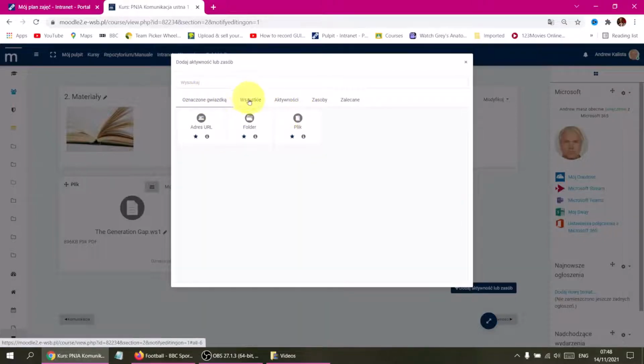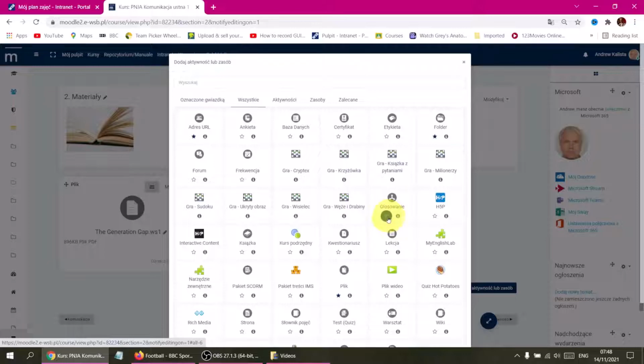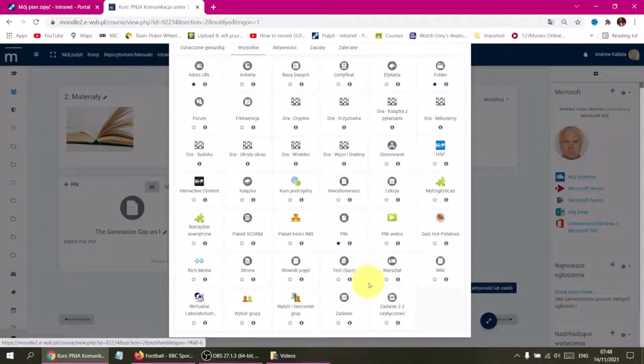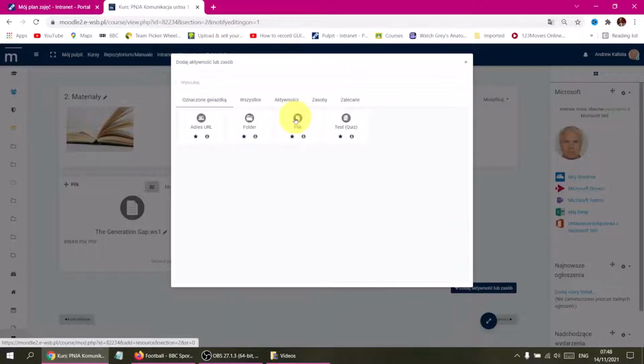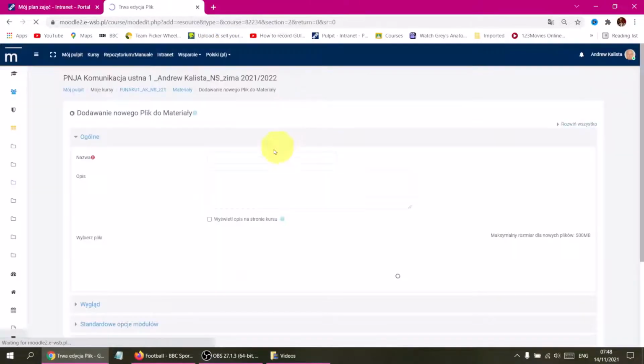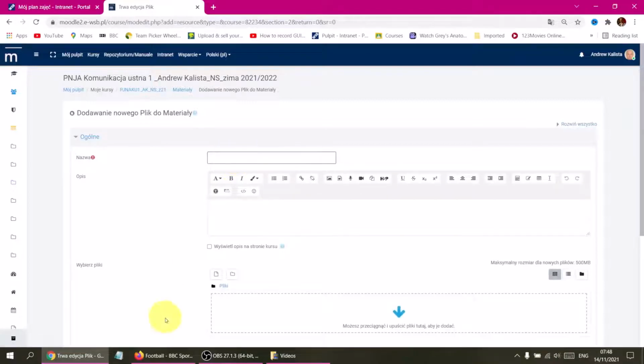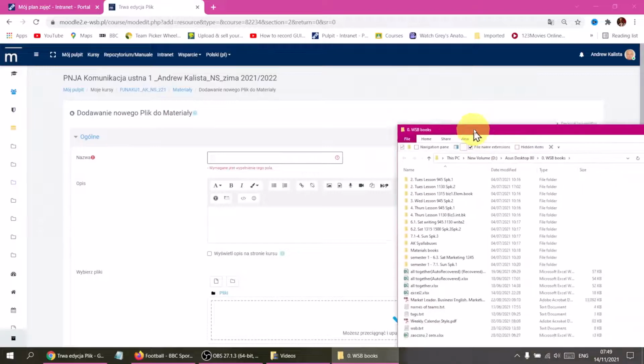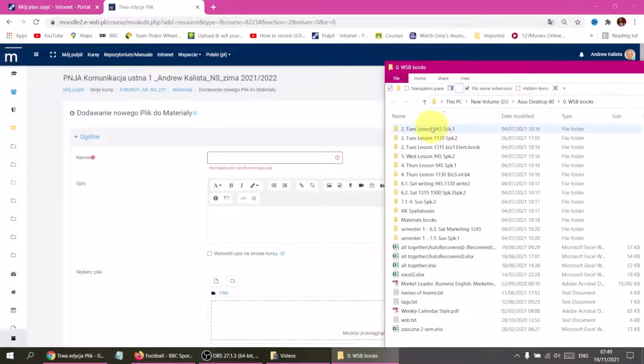If you want to add them to your favorites, just simply go here and click like this one. Click that icon and then it will be in the favorites. So I'm going to click a file. Let's find out what today's file is about. So I'm going to add a file from my lessons,